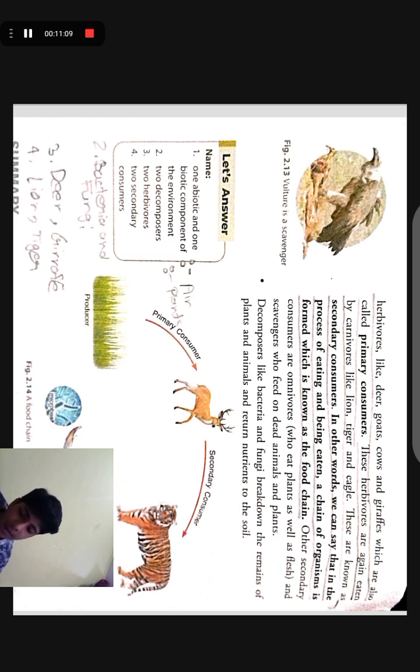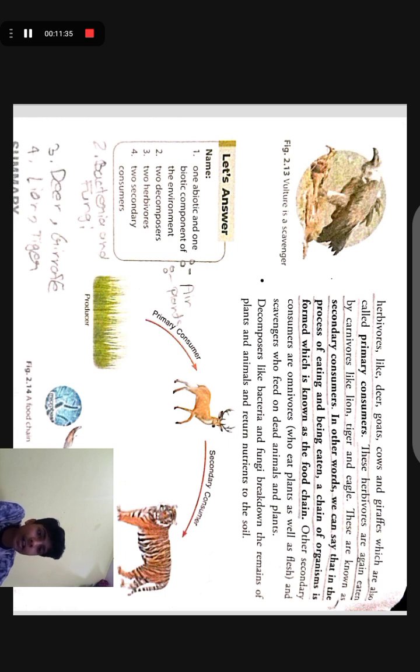Other secondary consumers are omnivores, who eat plants as well as flesh, and scavengers, who feed on dead animals and plants. Next point, decomposers like bacteria and fungi break down the remains of plants and animals and return nutrients to the soil. In this picture you can see that the grass is a producer, and the grass is eaten